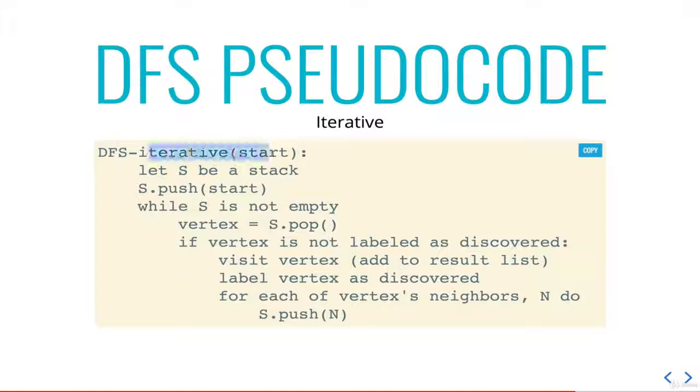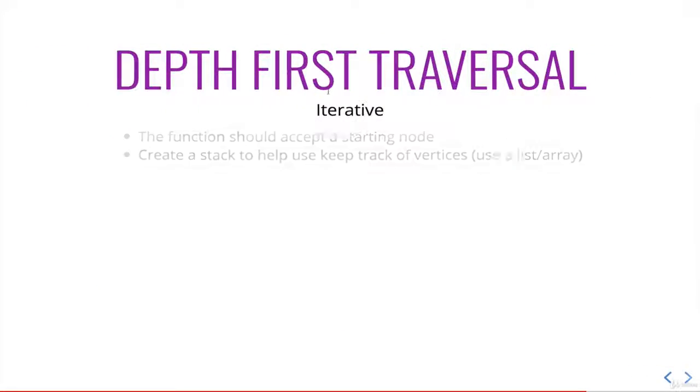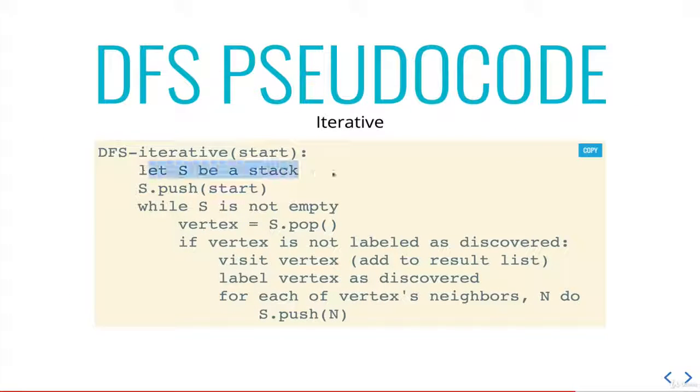So DFS Iterative, here's the basic pseudocode, and then I have the more in-depth version. So we'll make a stack called S, which will be an array, starts empty, and we push the starting node, the vertex we'll start from, A probably, onto the stack. That's the first thing we want to do. Then we have a loop. While S is not empty, while there's something in the stack, we're going to pop something off of it, call that vertex, and then we're going to check if it's not discovered, meaning if we haven't visited it yet, visit it, add it to our list, label it as discovered, and then for each of its neighbors, push them onto the